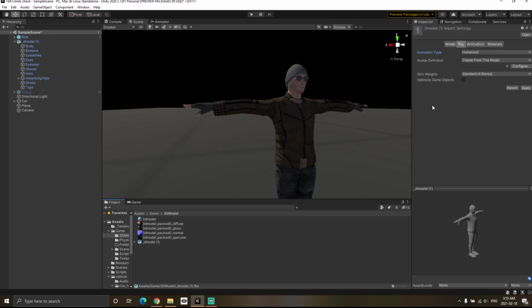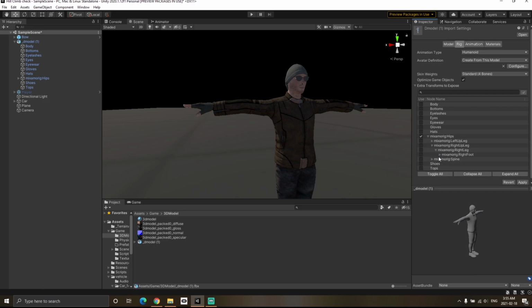However, you can also expose certain bones which you need. So let's say that you're sure that your character needs only the hand bones or the hip bones. In that case, you can expose those specific bones or the bone transforms. So let's say you want the hip bone to be exposed and the right hand and the left hand bones to be exposed because you want to put a certain object in the hand of the character. In that case, you can definitely do that as well.